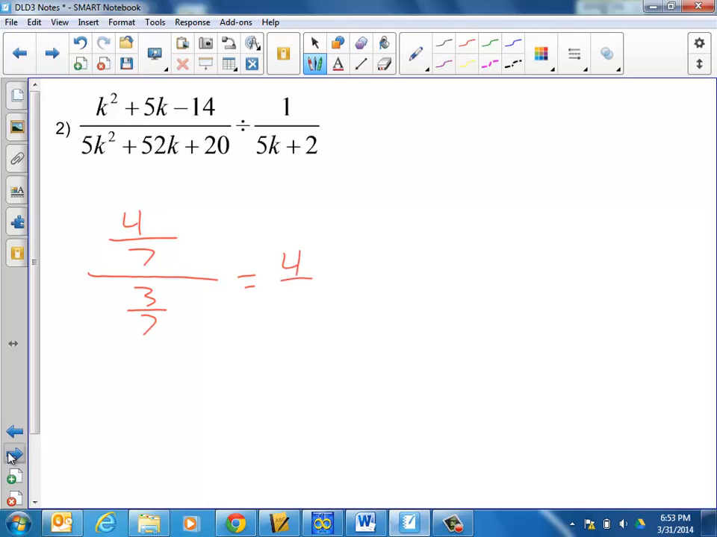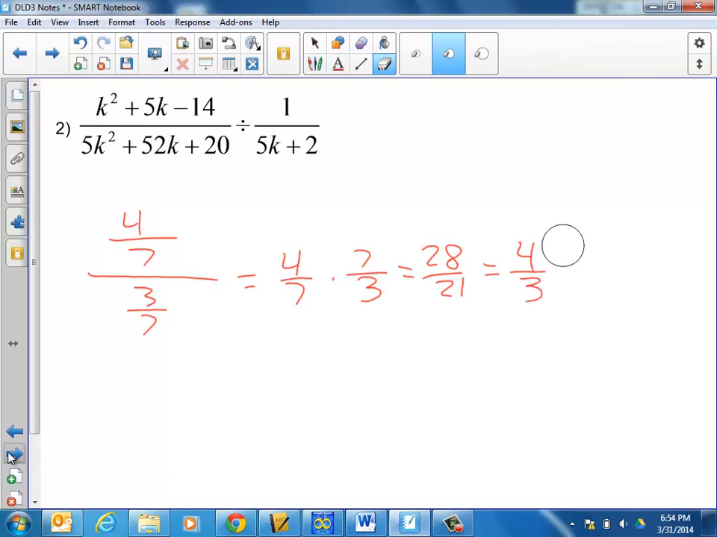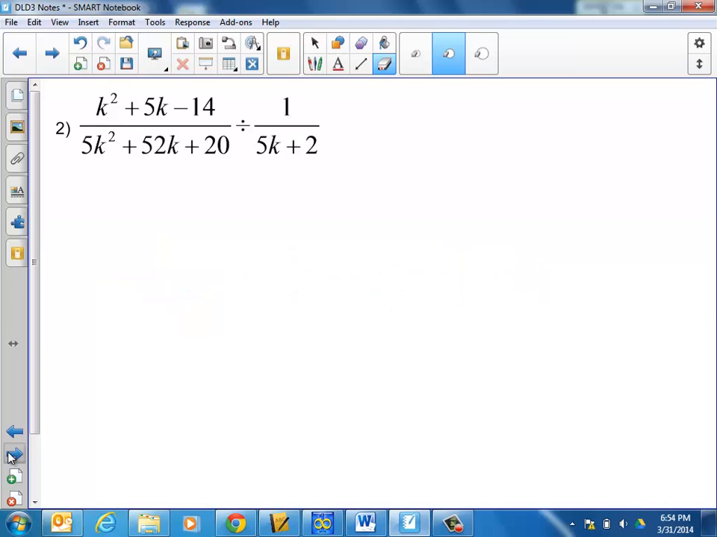You would keep the 4 over 7, you would change the division to multiplication, and you'd flip that second fraction to 7/3, giving you 28 over 21, which reduces to 4 over 3. Same idea here. So this was just kind of an aside. That's not going to help us with this problem per se, but just to jog your memory as to how